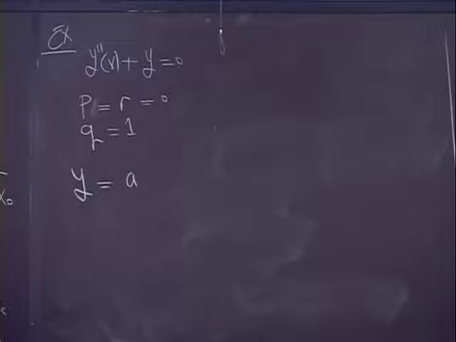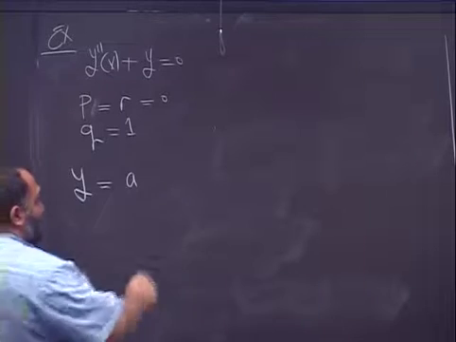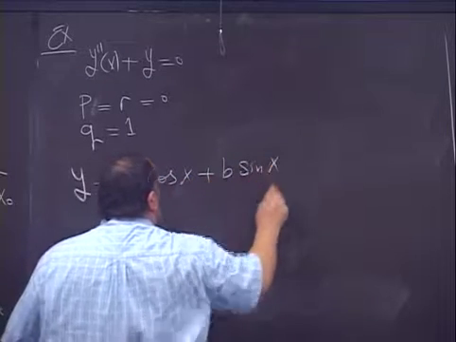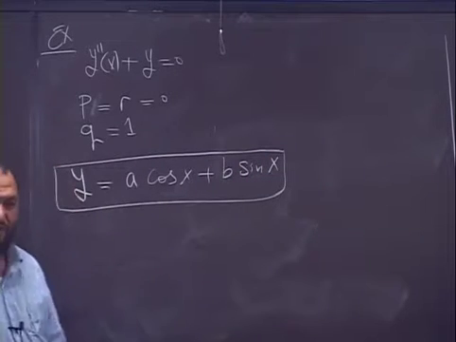This is simple harmonic motion, y double prime equal to minus y, which is y double prime equal to minus omega square y. So what's the solution for a simple harmonic motion? Yes, a cosine omega x plus b sine omega x, and omega square is 1, so omega is 1. So this will be a cosine x plus b sine x. We knew that this is the solution from the normal way of solving this type of